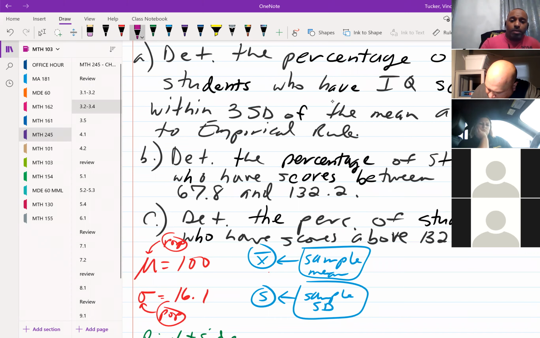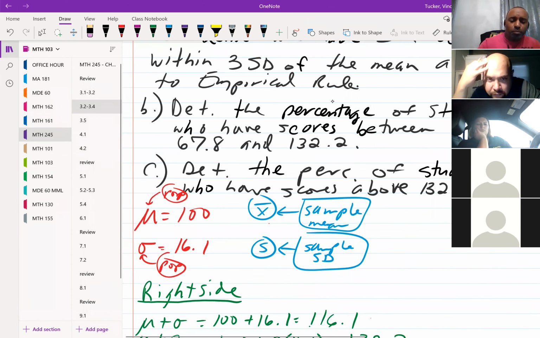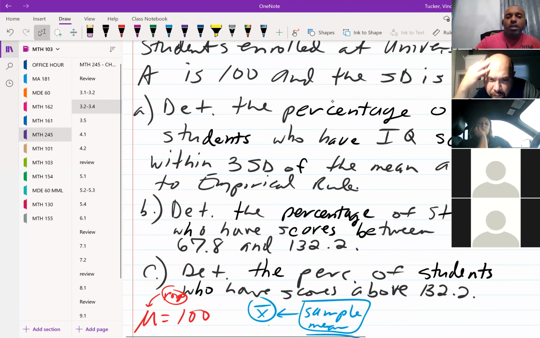But remember, all I was doing right here is emphasizing symbolism. If it was our sample, our mean would be X bar. If it was our sample for our standard deviation, it would be lowercase s. So that's all I was emphasizing here. All right, so now for the first one, we don't really need to do any work. We really can just lean on the empirical rule, but I want to go ahead and look at filling out